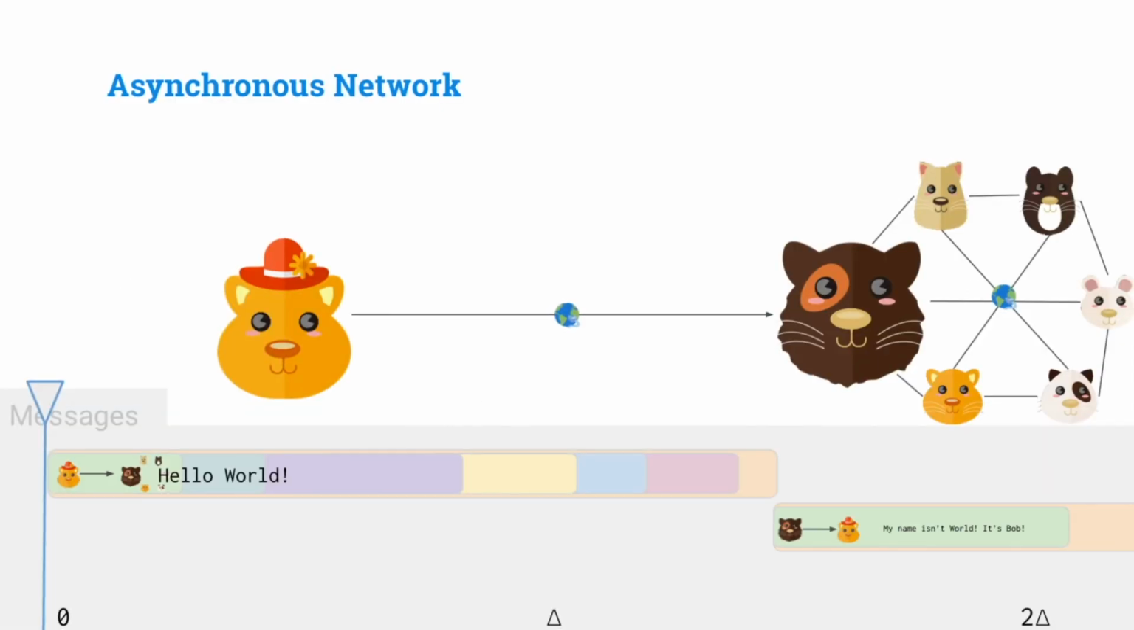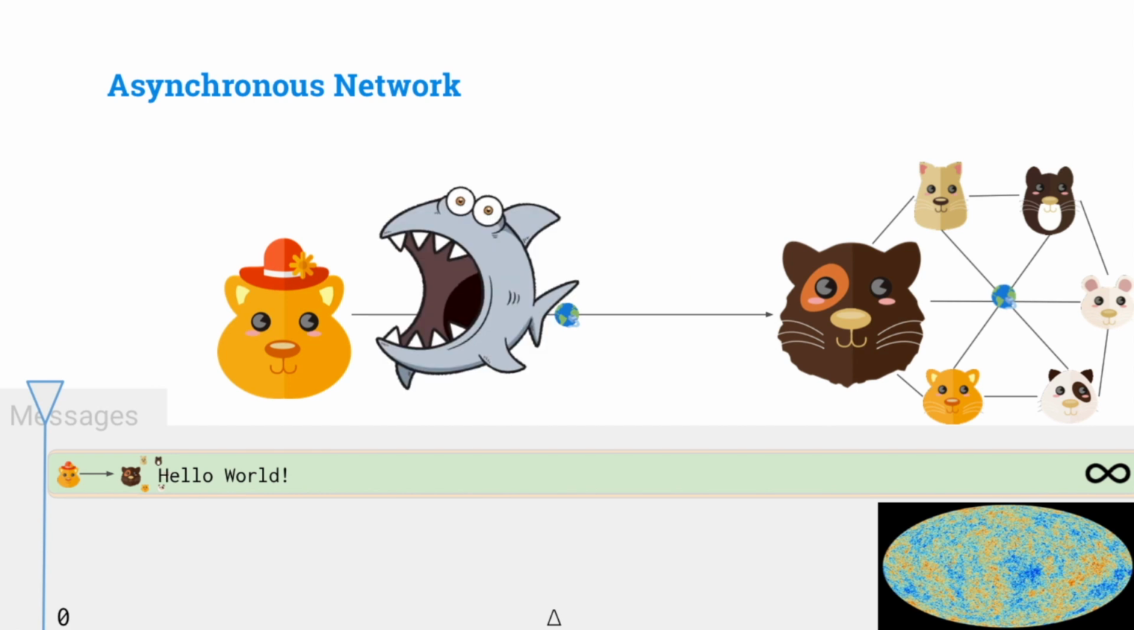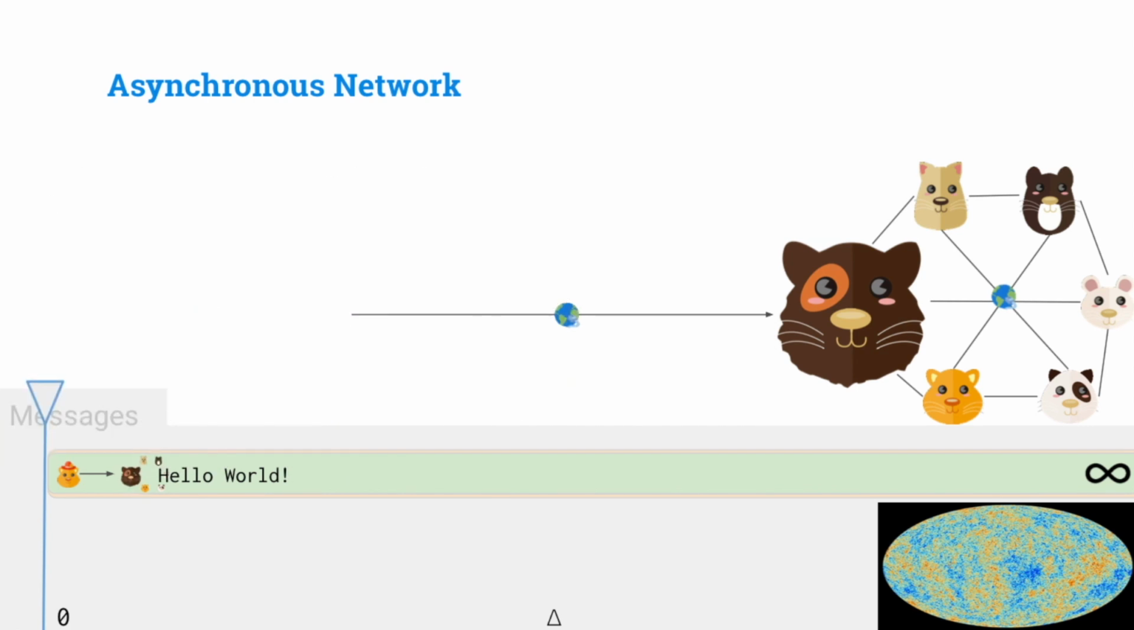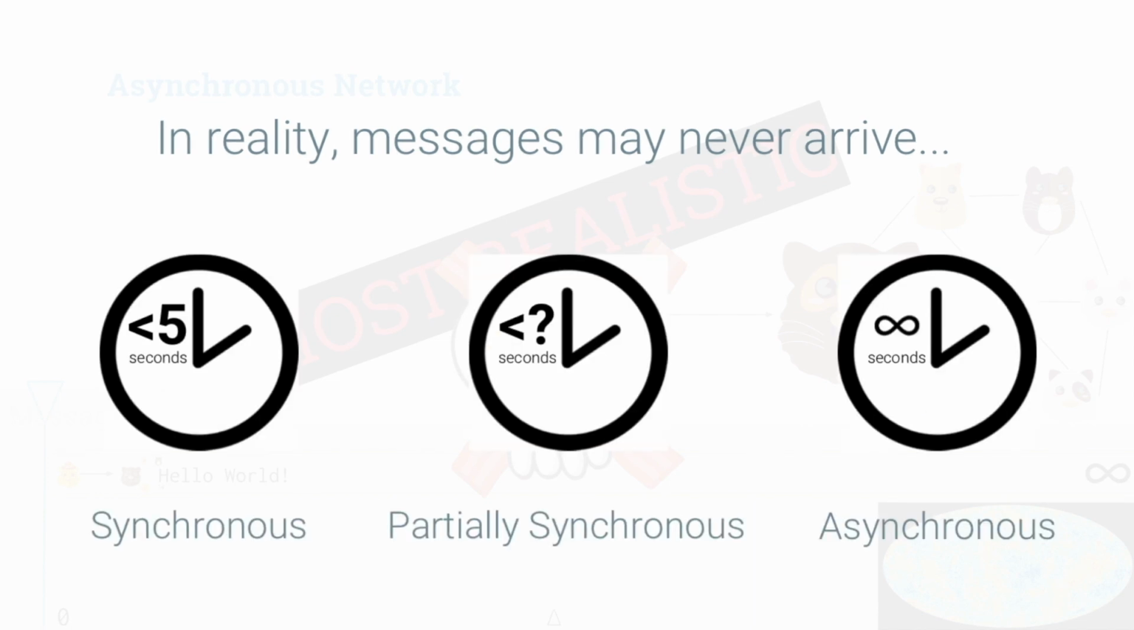So in asynchronous, it could be infinite time for messages to go through. It could be the heat death of the universe. And so that's kind of like Alice sending a message, the shark eating it, and then the shark eating Alice. Oh, sorry, Alice. But that's the most realistic, right? Our messages may be dropped entirely and never sent again. So in reality, the messages may never arrive,